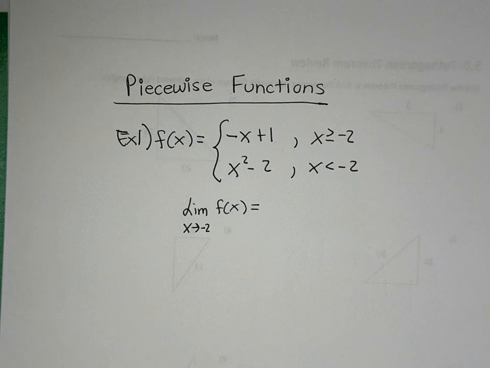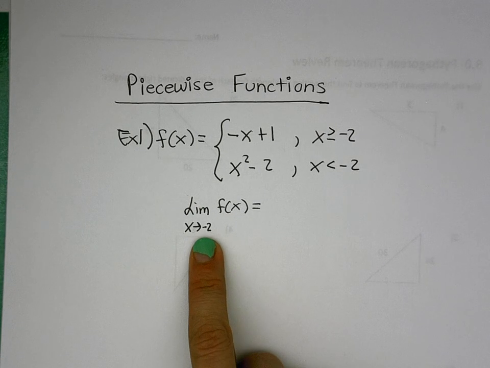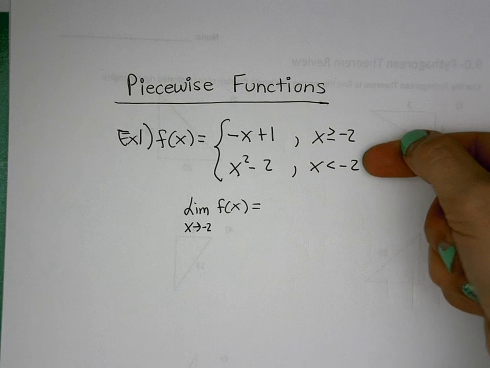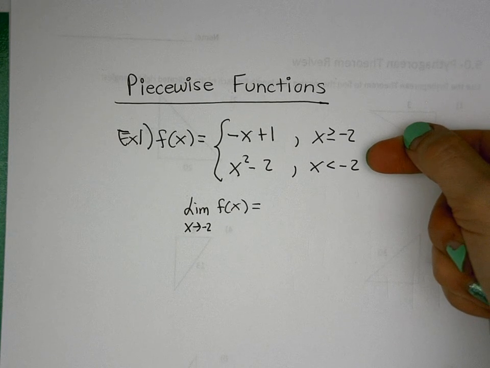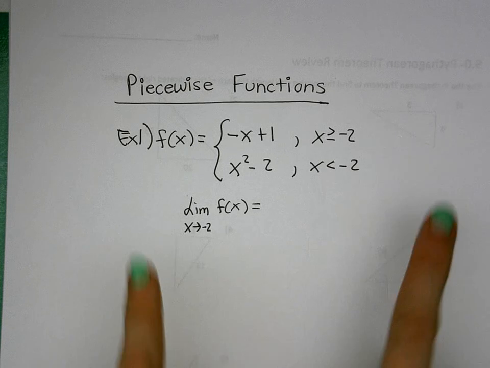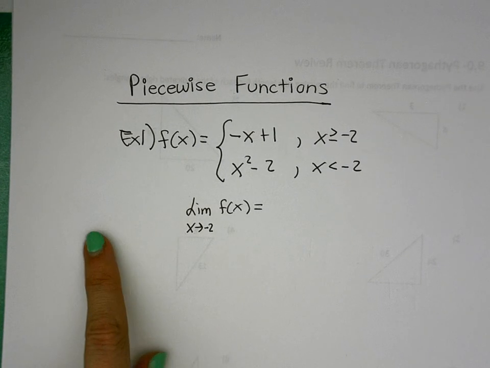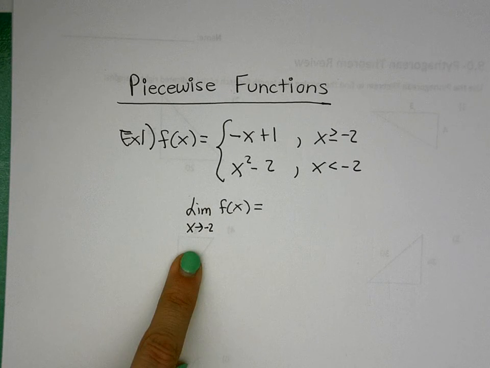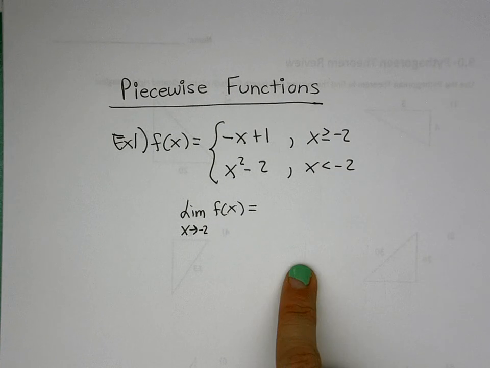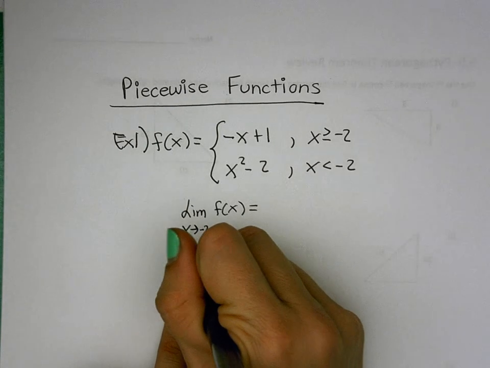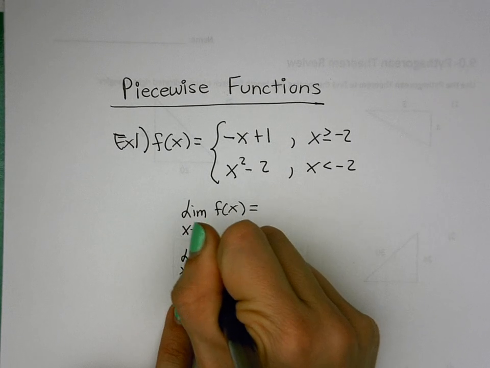Okay, so why am I highlighting all of these? Because when we are evaluating a piecewise function, if I'm asking you to find the limit as x approaches -2, look at where -2 is on this piecewise function. It's a breaking point. To approach from both sides of -2, I need to look at what's happening for the less than, and what's happening from the right, or from more than, right? I have to consider them both. And so think for yourself, okay, if I have to consider them both, -2 from the left and -2 from the right,